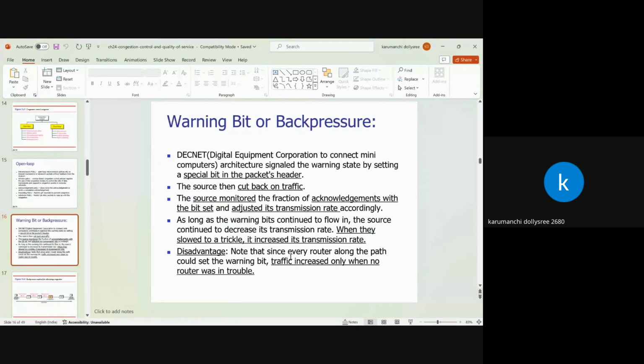Here, warning bit and back pressure are there. This is one of the mechanisms where we can remove the congestion. If you take the back pressure technique, what it refers to is a congestion